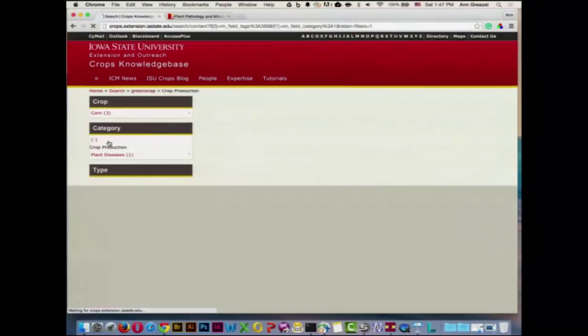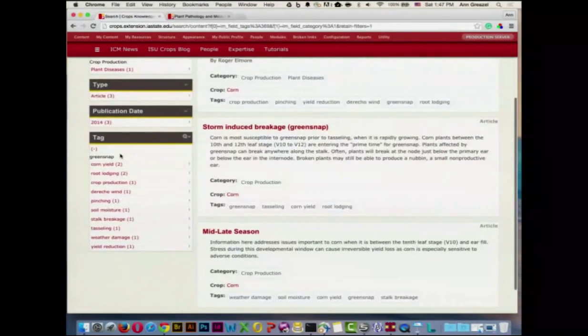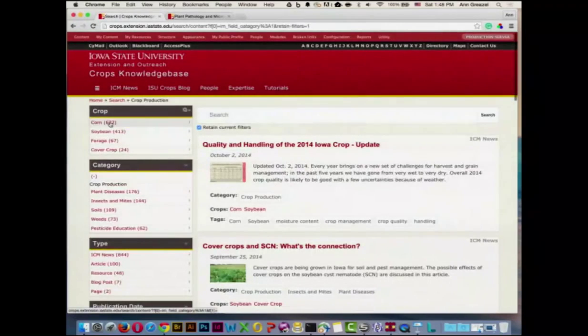This probably isn't a good example because there's not as many. But I could decide to back out of green snap and just look at the crop production items, right? So if I back out of green snap, now I have a lot more options to choose from, and then I can continue to filter.